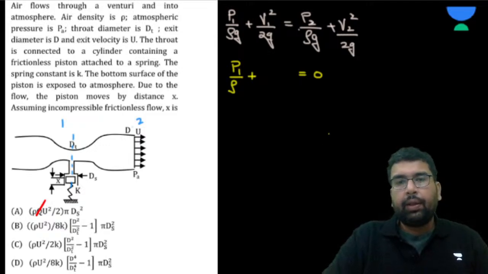Okay. So now this is P1 by rho, and for this I'll leave some space. This will become 0, and this becomes u square by 2. Now see, between V1 and V2,